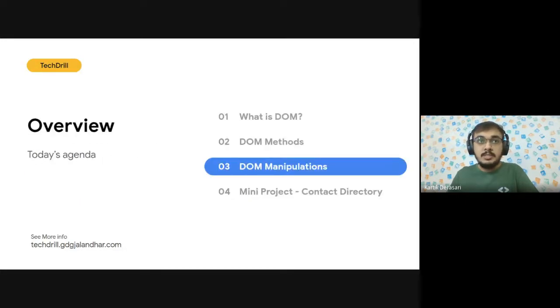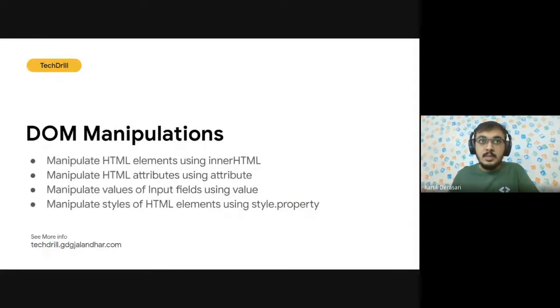DOM manipulations. So we talked about what DOM is, what we can do using DOM, and what the different methods of DOM are. Now let us see what we can do using DOM manipulations. The full form of DOM is document object model.